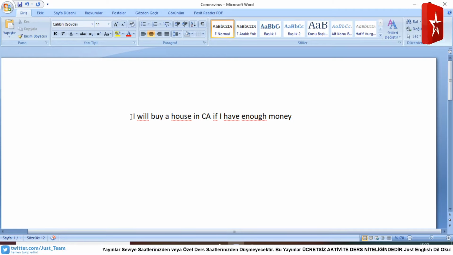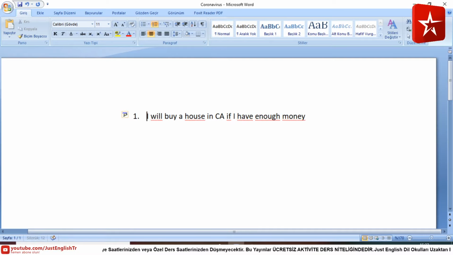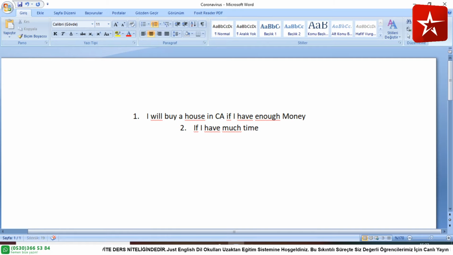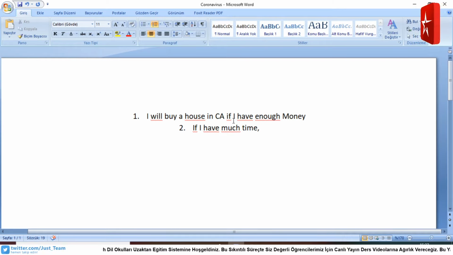By the way, in this one I didn't use any comma here. But if if comes, for example, if I have much time, so here, as you see, I use a comma. If if comes after the main clause, we don't need to use any comma before if. But if if comes at the beginning of the sentence, we should use a comma. If I have much time,